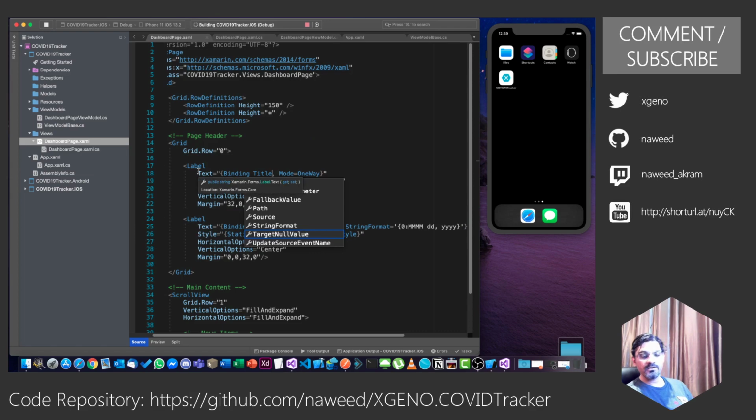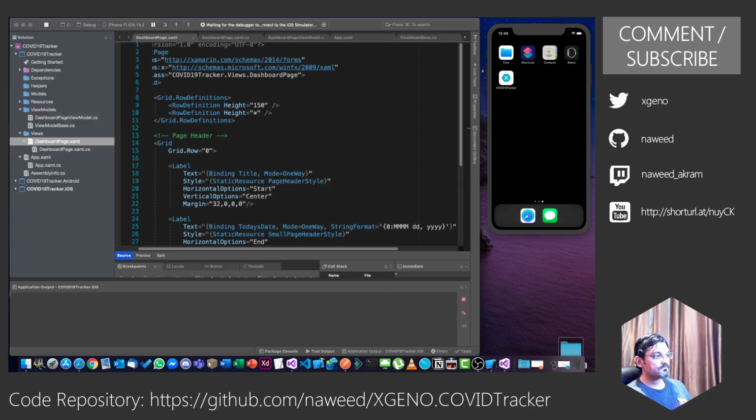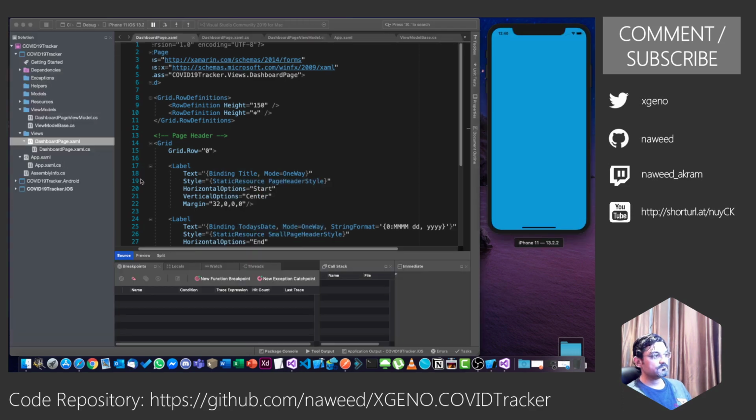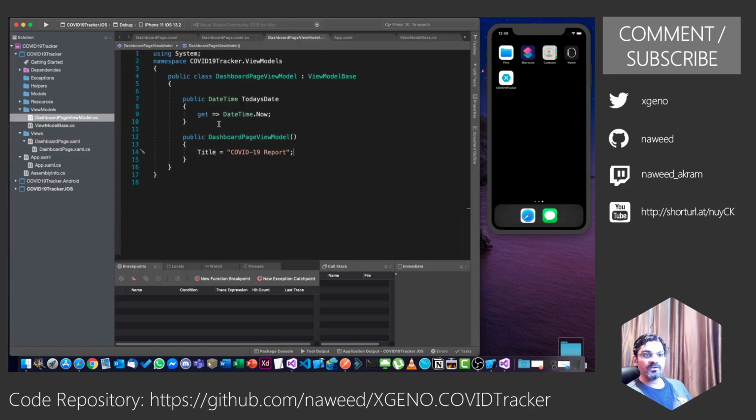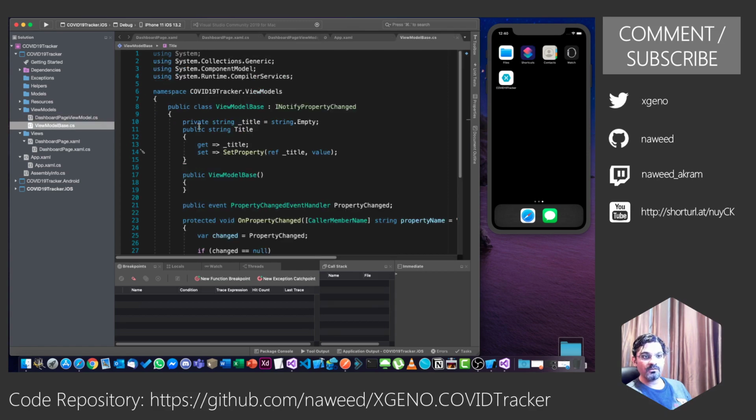So let us run this and you will notice how this is working. So you can see the title has changed. In fact, the same thing I can do, I can move this today's date from my specific page view model, and I can move it to the ViewModelBase.